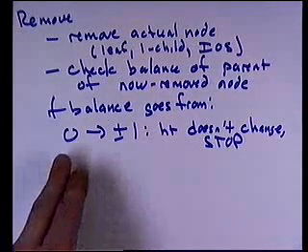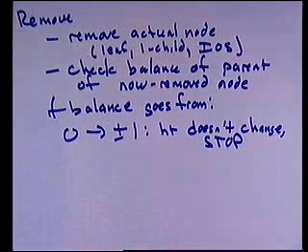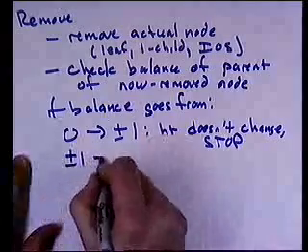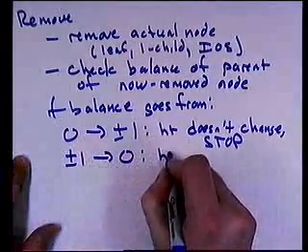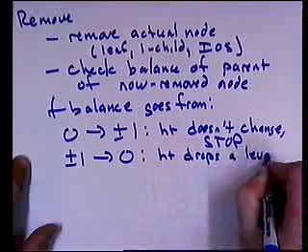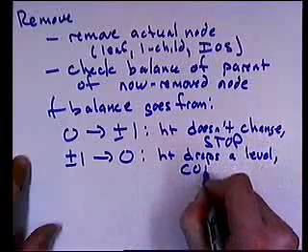That means you had 2 equal subtrees. You shrank one of them. The other one is now larger. I'm sorry. You shrank 2 equal subtrees. That means that you had 2 equal subtrees. You shrank one of them. And the other one is still maintaining the old height. Where when you go from plus or minus 1 to 0, that means the height drops a level, and you would continue